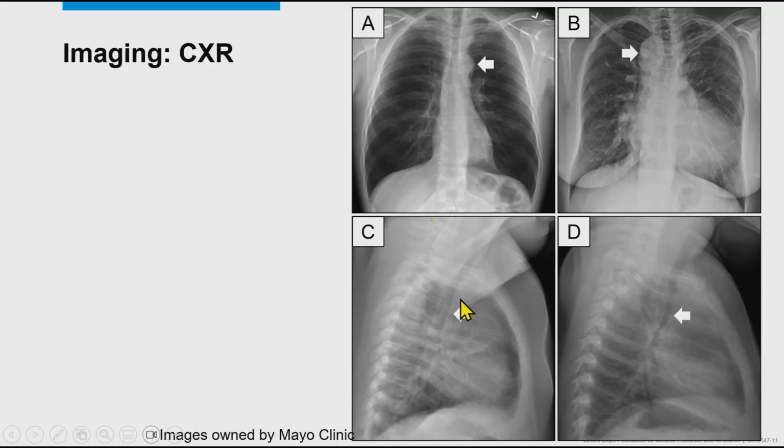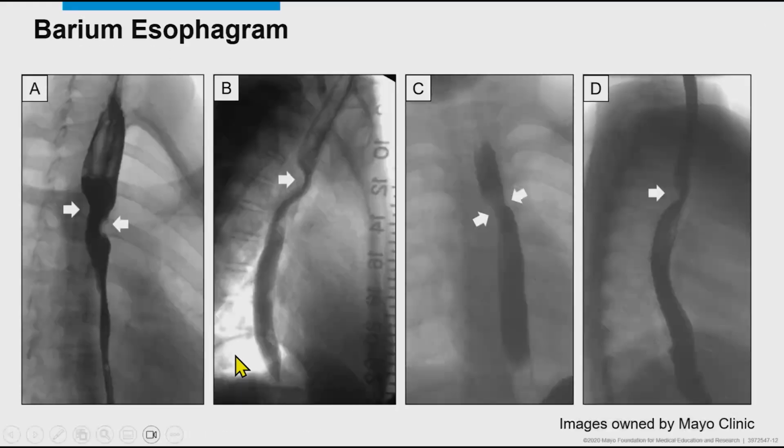On the lateral view, you can see that the inferior part of the trachea is usually pretty straight. There's really no angle in this portion. But in this patient with the double aortic arch, one of the arches is traveling behind the trachea and esophagus, and it causes an indentation, almost a bowing of the inferior part of the trachea over here. So that's another clue that there might be some arch anomaly. It does not necessarily tell you exactly what is going on, but it is important to recognize that.